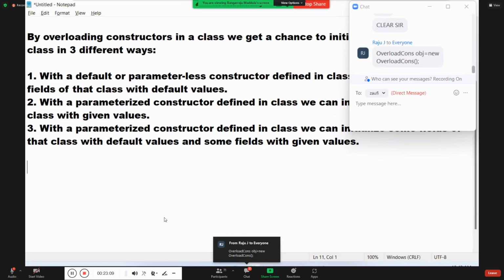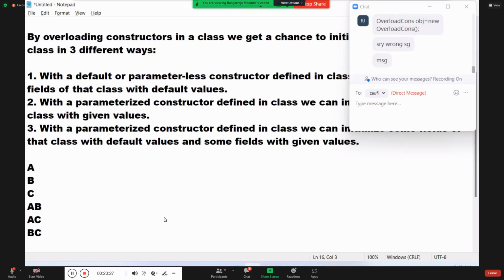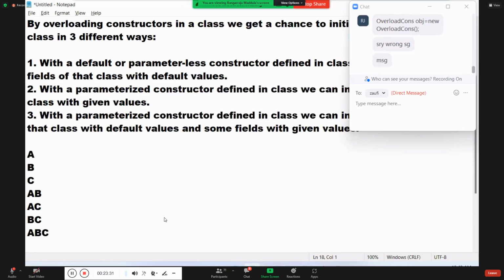I want to initialize them in a mix and match combination. Means only a, only b, only c. Next, ab, ac, bc. Next, abc. Next, none of the above. I don't want anything at all. How many? 9 or